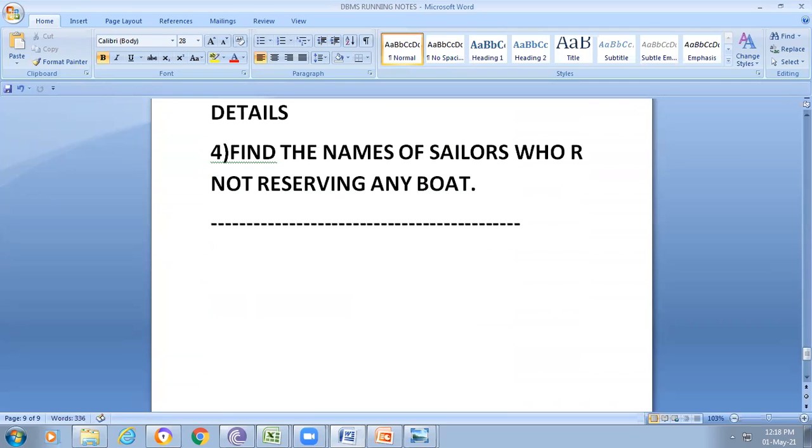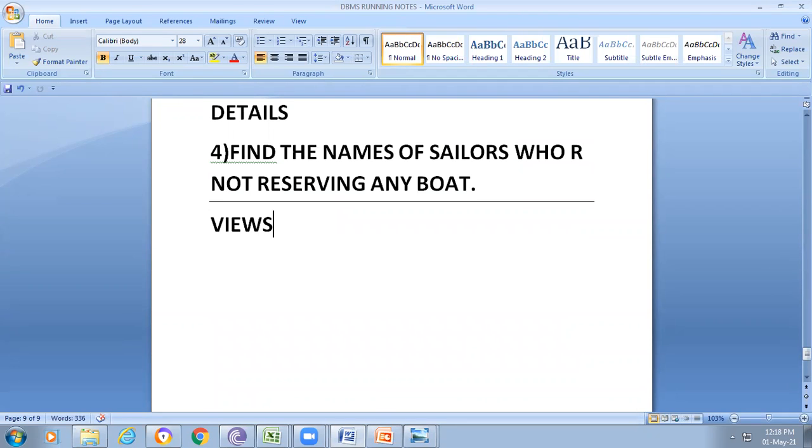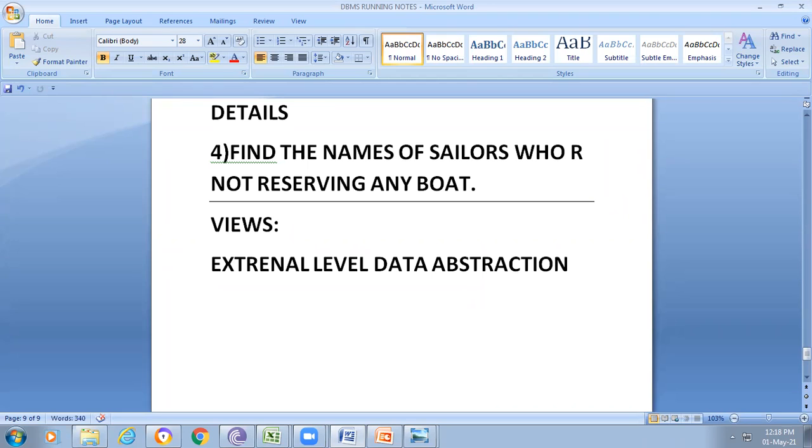So now we try to go for a new topic, that is views. View is related to the external level data abstraction. Do you remember this? What is the external level data abstraction?